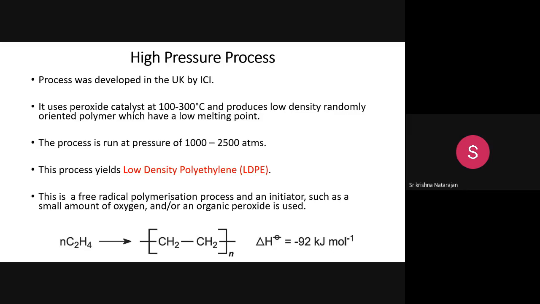You heat the monomer at a temperature of say 100 to 300 degrees centigrade, and with the help of a catalyst you do the process along with some initiator also. I have already explained what an initiator is. So here you will add an initiator. The initiator uses oxygen or any kind of organic peroxide. The initiator will act both as a catalyst as well as